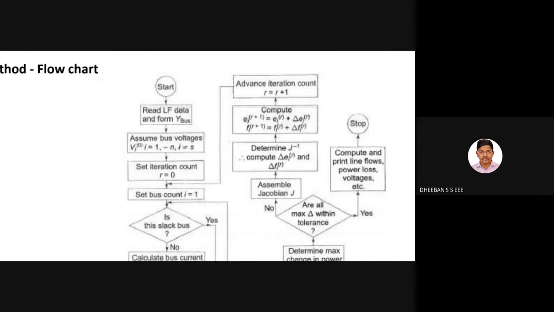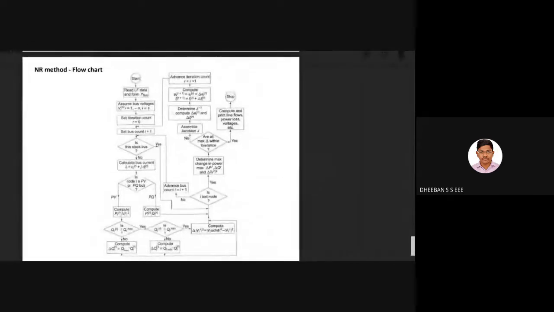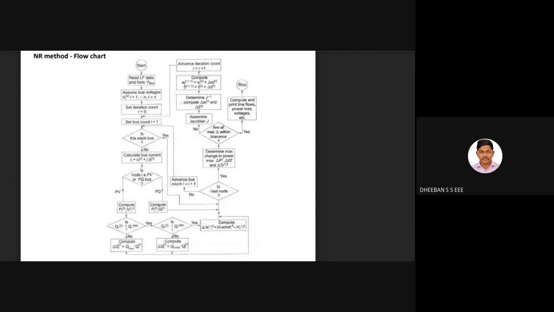Otherwise, you have to assemble your Jacobian matrix again, and the iteration count will also be increasing, and hence this is like a loop until your tolerance value is satisfied. So this is the main important flowchart for your NR method, and over here the iterations will increase very large for a complex power system network, so for the load flow problem we will make use of computers, and they will be coding this entire flowchart